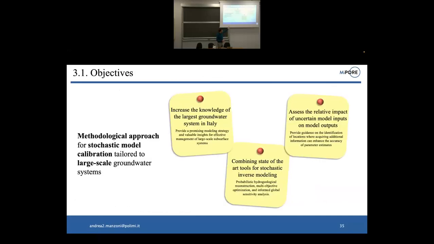So the three main objectives of this phase are: first, realize a parameterized model that is going to provide us information on groundwater flow dynamics within the fault plane. The second objective is to create a methodology that is efficient and suitable for this kind of large-scale application of inverse modeling. And the last objective is going to be related to estimating the uncertainty associated to the model input, the relative impact that uncertainty of model input has on the model output through an informed global sensitivity